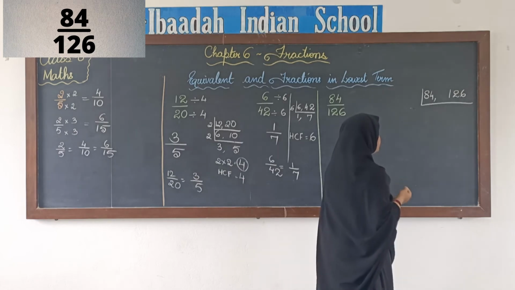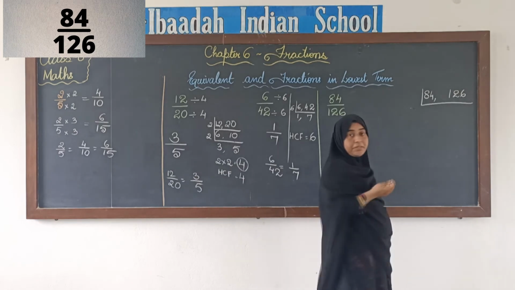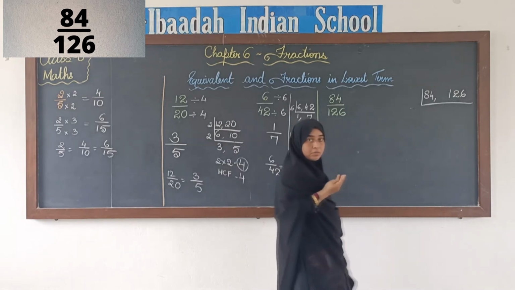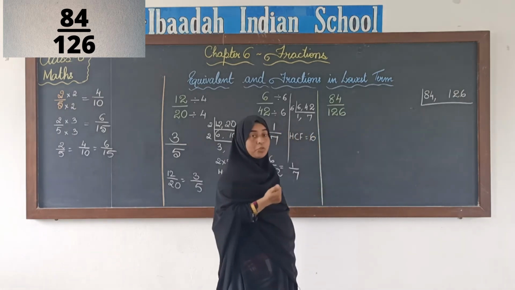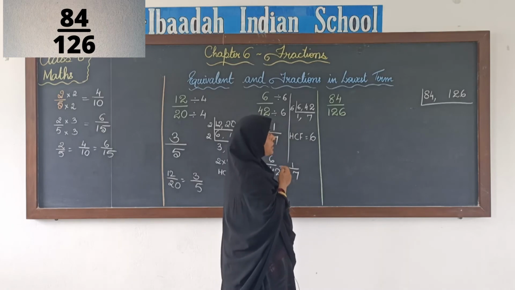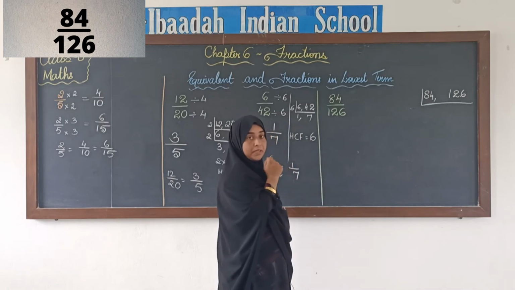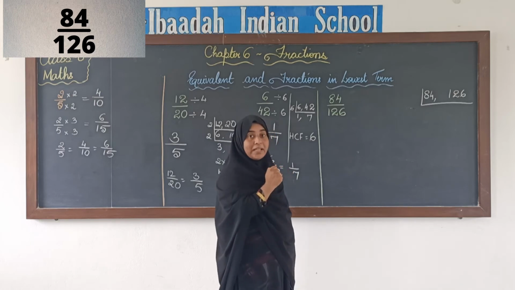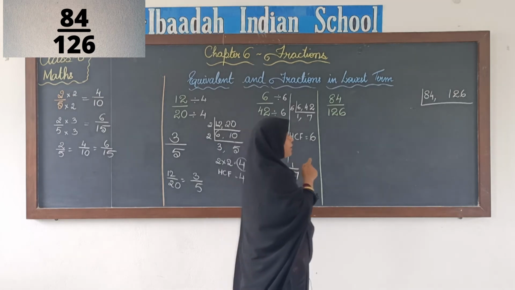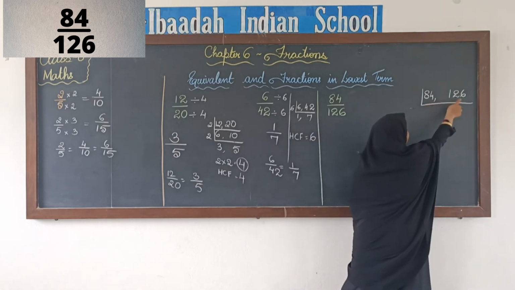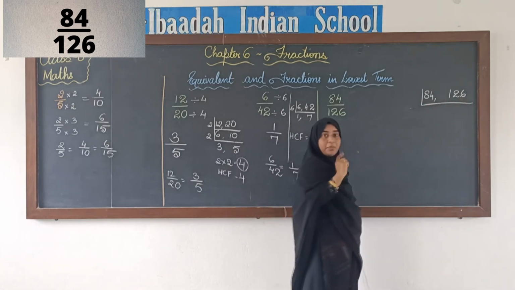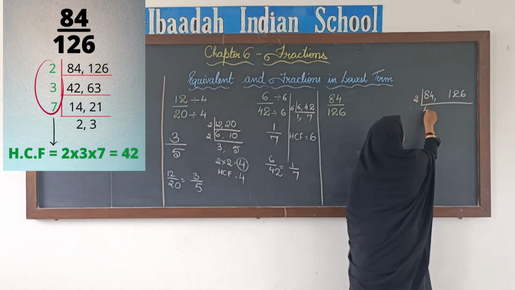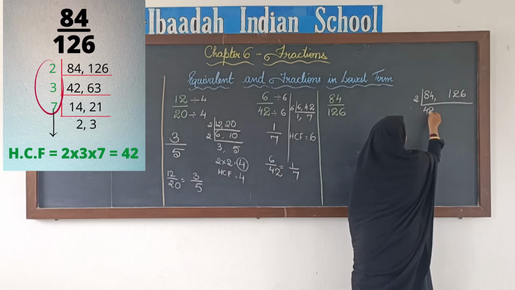Since the numbers are big, we have to use the divisibility rules here to make it more easy. So divisibility rules, we know the divisibility rule of 2, 3, 6, 5, 4, and then we also know the divisibility rule of 9. So which number do you think will divide a common number we need which will divide 84 as well as 126. So we know that we have 4 in ones place here and we have 6 in ones place. So 2 will divide both the numbers, right? So 2 4s are 8, 2 2s are 4.